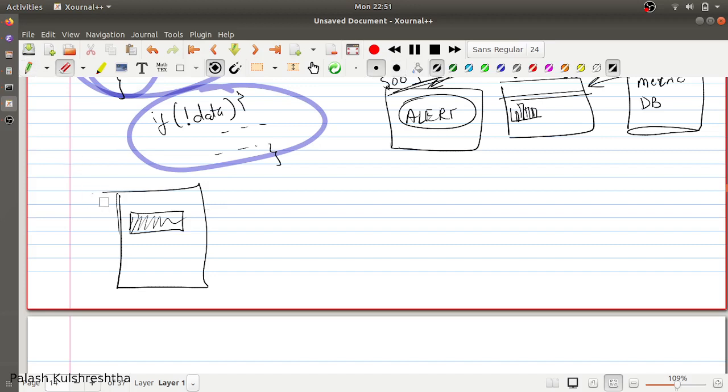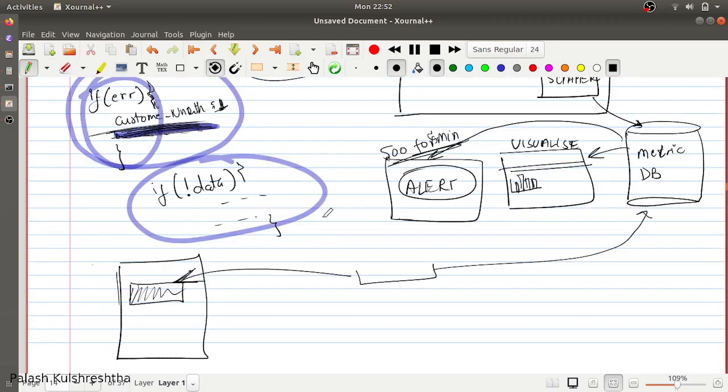So as an application developer, when you are sending this error to the customer, you can start sending a custom metric for this to your monitoring database. This way, you can visualize how many times customers are getting this error, and then you can basically create alerts on it.